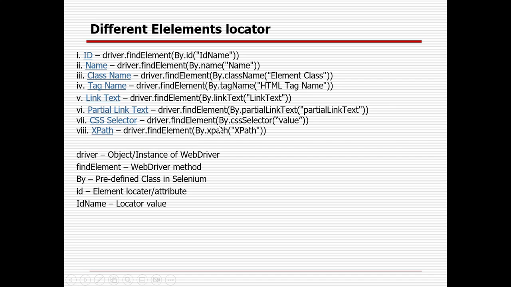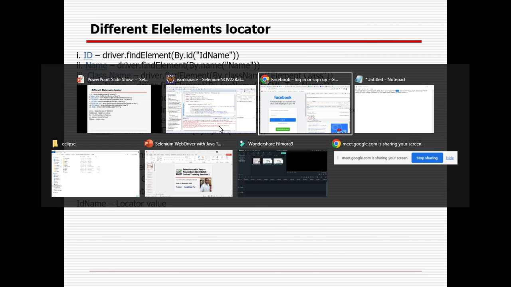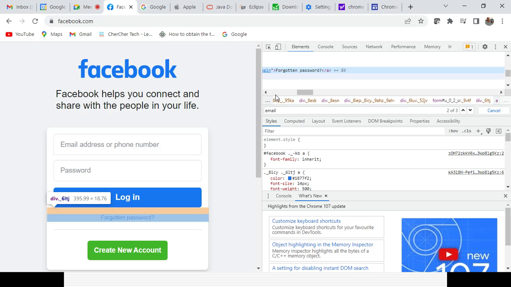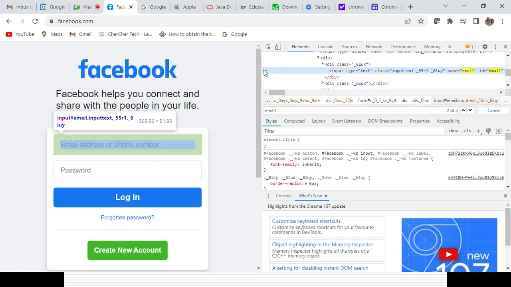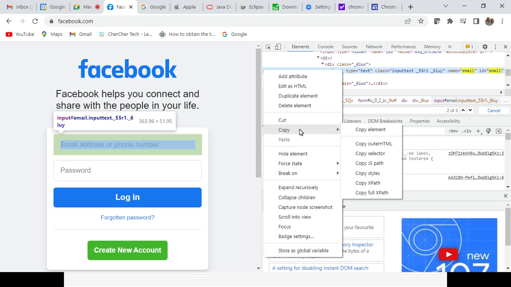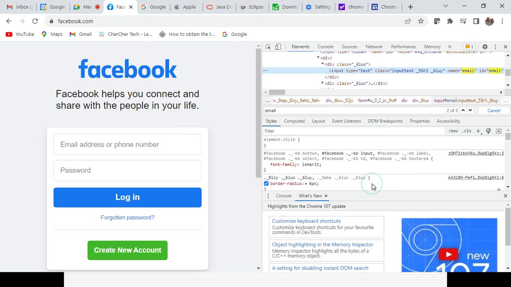So today I will show you how to take the default one. Here if you click, instead of that link or maybe instead of that email field, you can go with that one. You can select the triple dot, select copy, then copy XPath, or you can get copy selector. So copy XPath, you can take it. So here you can change it.